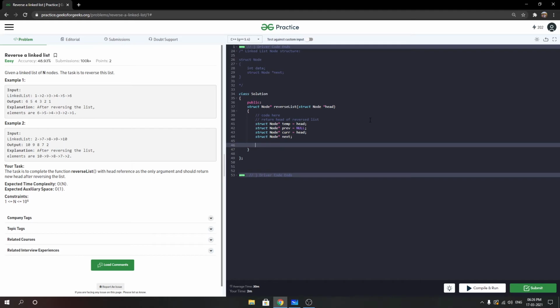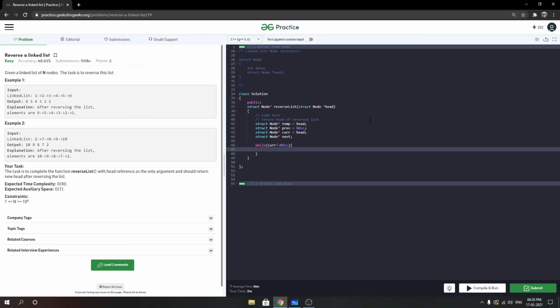Now we will start a while loop. So while current is not equal to null,